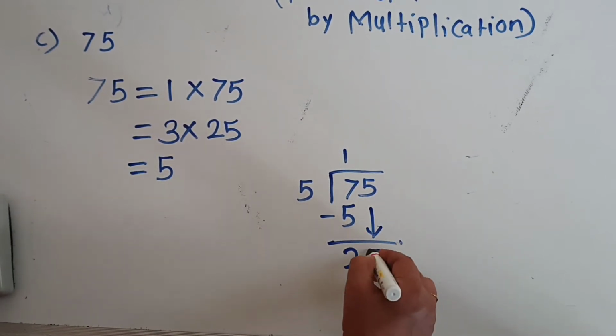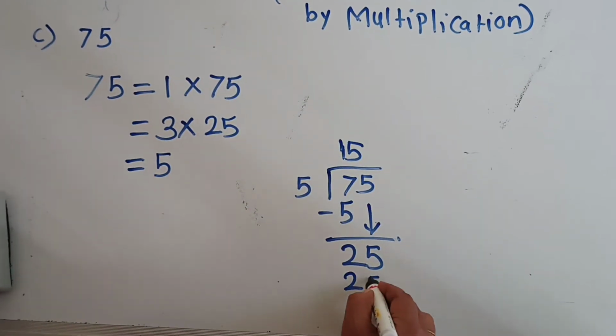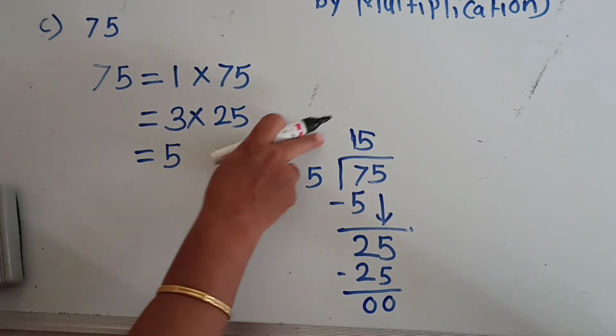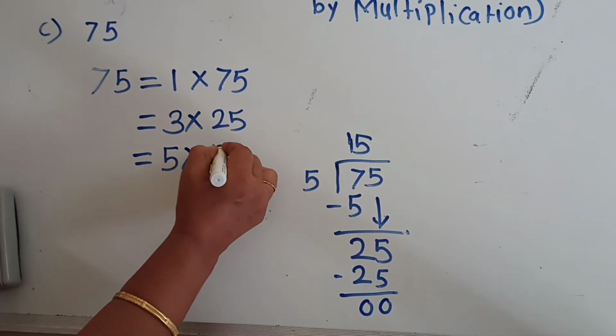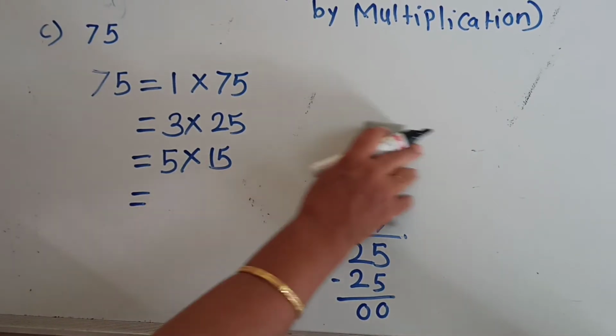Take down 5, and 5 5s are 25. Yes, remainder is 5 minus 5, 0, 2 minus 2, 0. So 5 15s are 75. Then again 6,